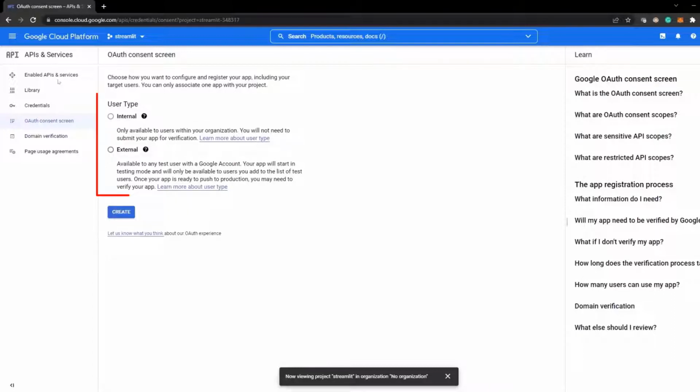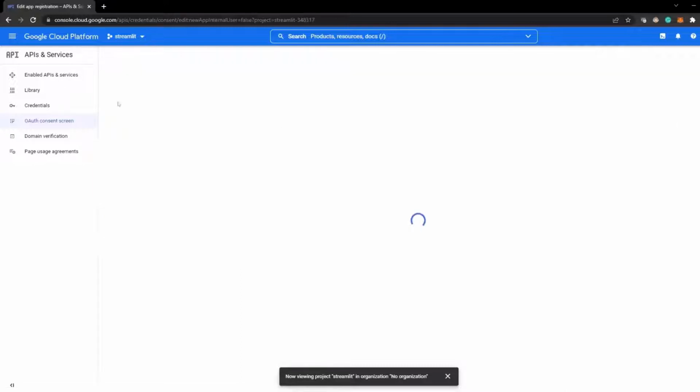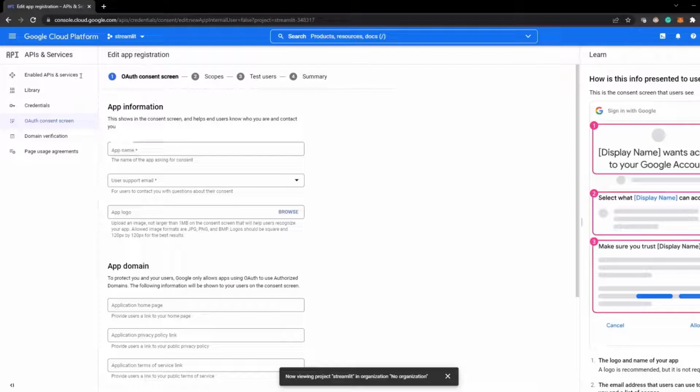Here you can choose internal or external. I'm going to choose external. I will not be able to choose internal because you are not a Google Workspace user. So if you are a Google Workspace user, you can choose internal. So I'm going to choose external and say create. My app name is